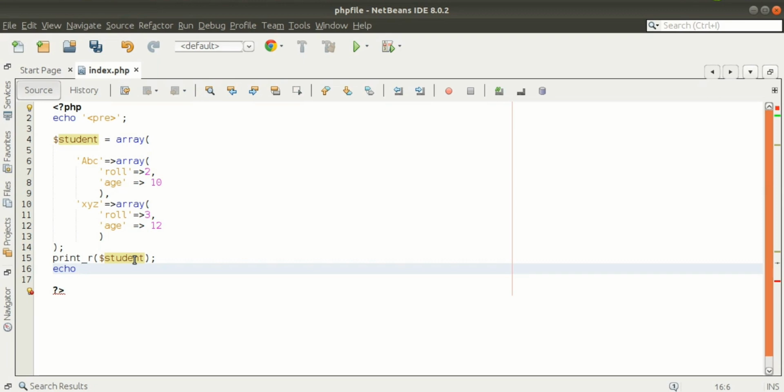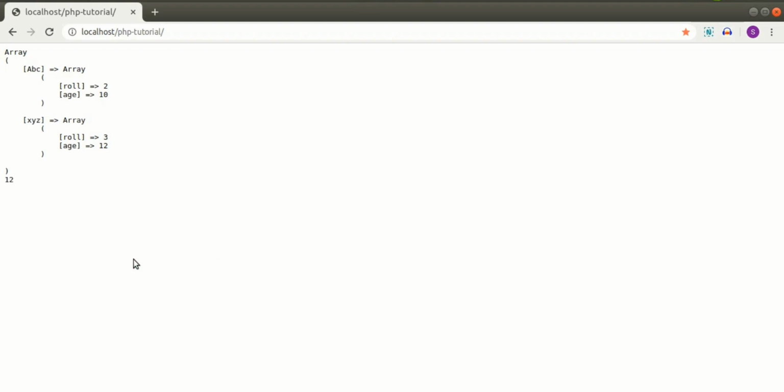The main array name is student. Then the name of the student is XYZ, and under XYZ where is the 12? In age. So if we run this, then we will get 12.